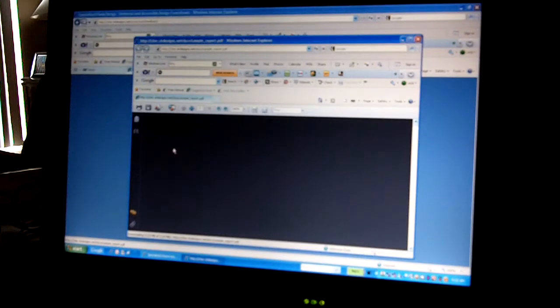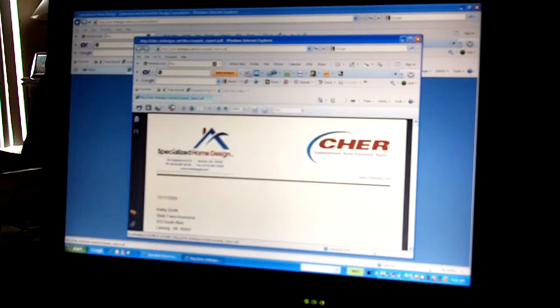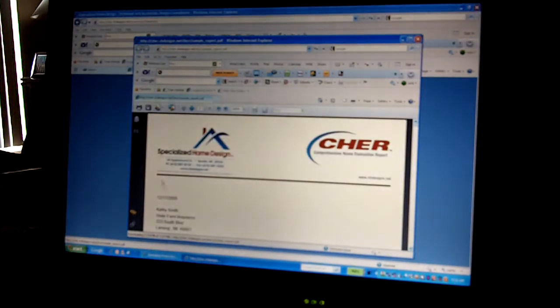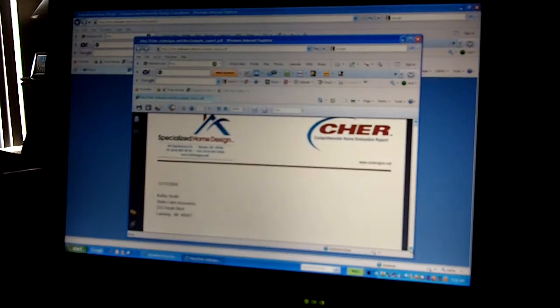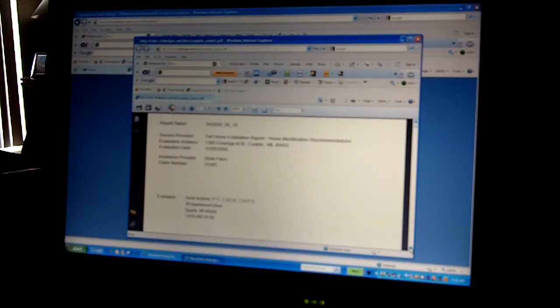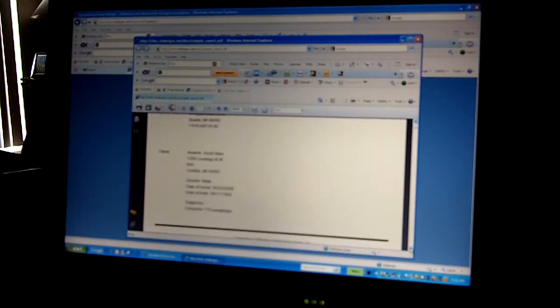This particular report should only be used as a guideline. Every one of your reports will be unique and will be individualized to your own client. Now as we scroll down in this report, you can see that the front page or the first page is put together as we had shown you in other tutorials, but you've got the client's name and their address and